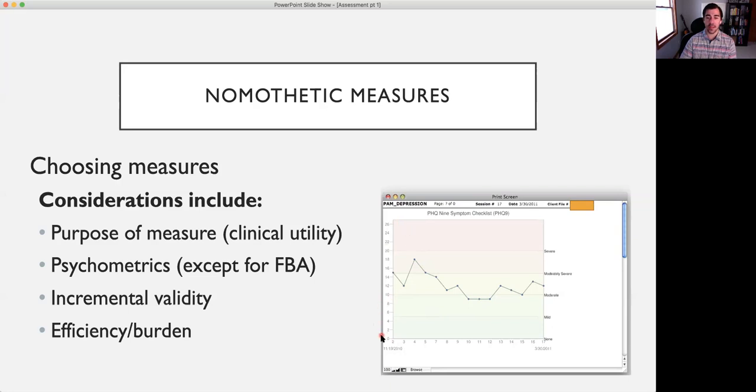So again, we have the y-axis here. On the x-axis is session number, and it's also the beginning date of when the assessments first started and the last available date. And then for the PHQ-9 from the software, you have the different severity bands or parts of the rating scale, so you can see where a person is falling. And this client initially started out at about a 15. It went down a little bit, but then came up again.